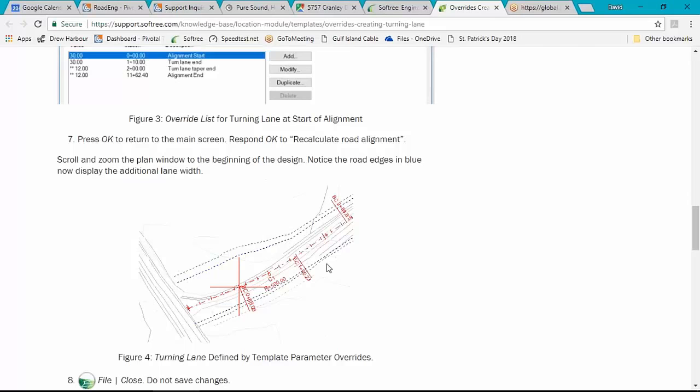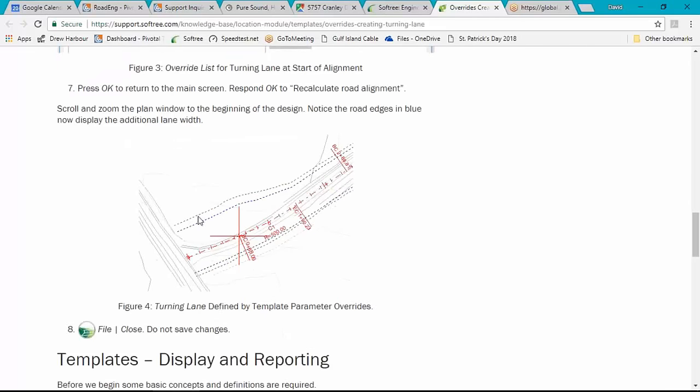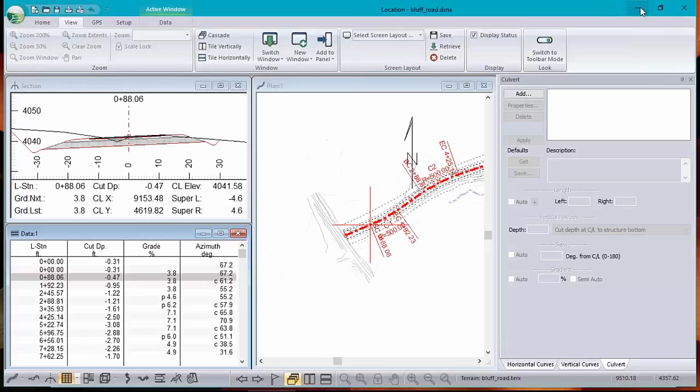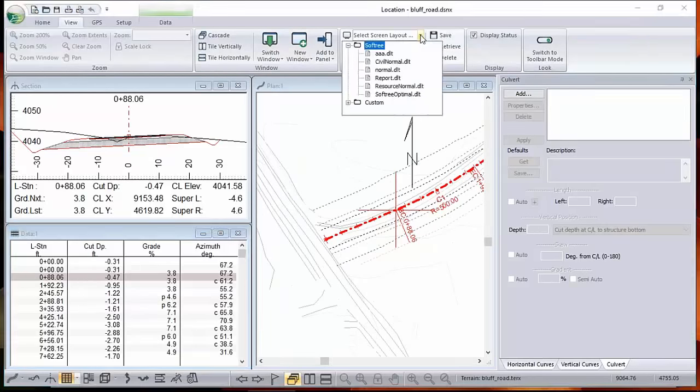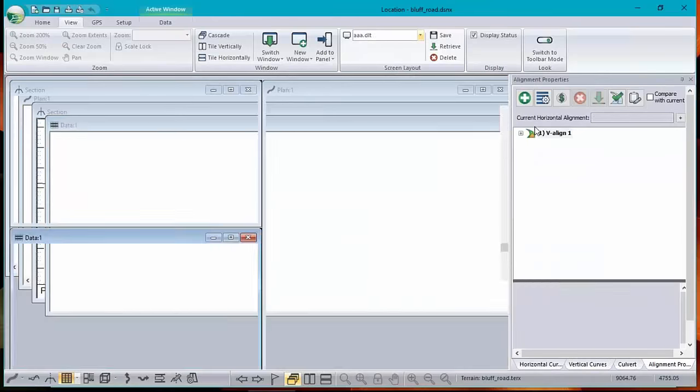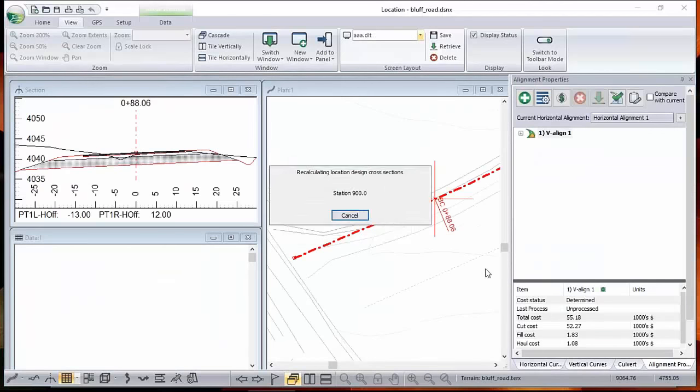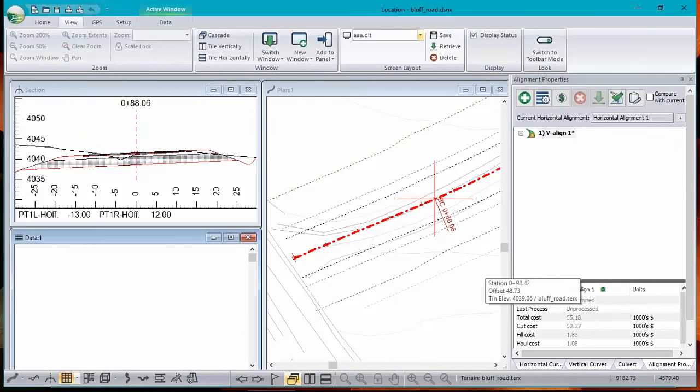Now I'm going to add a little bit to this turning lane project. In fact, I'm going to skip the turning lane, and I'm going to put in a road fillet instead. So let's go over to the location module, and I've just opened the file that we start with in the turning lane example. I'm going to read in a different screen layout here. It's not all that different, but what it does do is it shows me